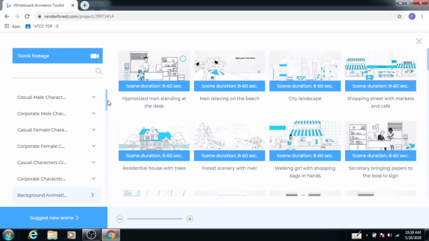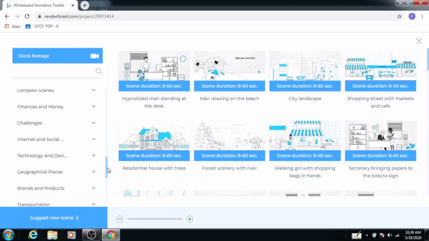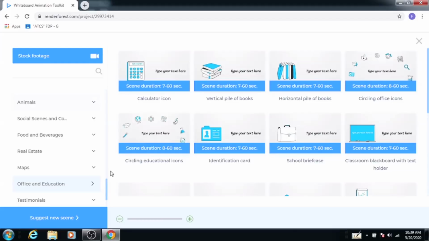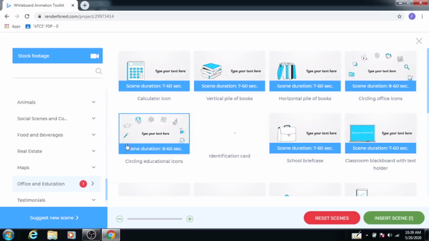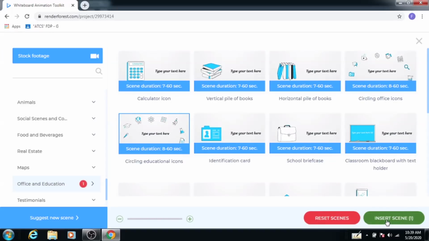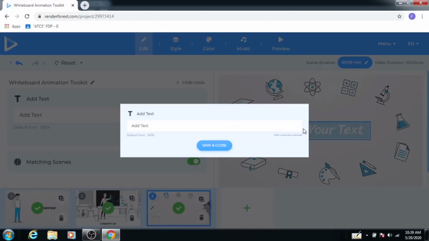Now go down again, you have to search for the educational part. Check where the educational part is. So office and education. Here click on the selected part and then click here, insert the scene. Here you have to type anything.